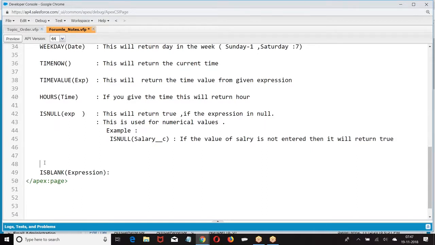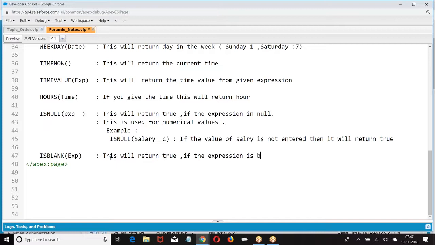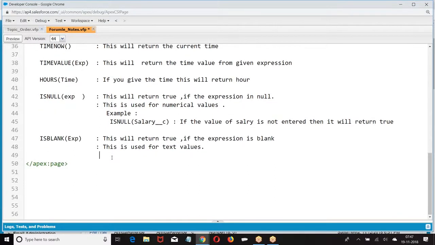Now we have is blank. This will return, this is used for text values. Example.